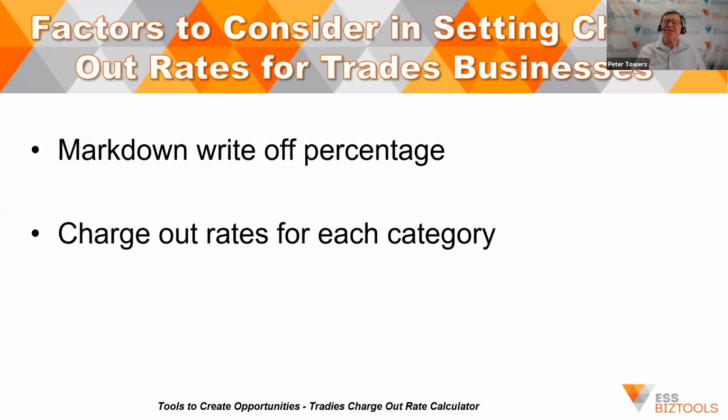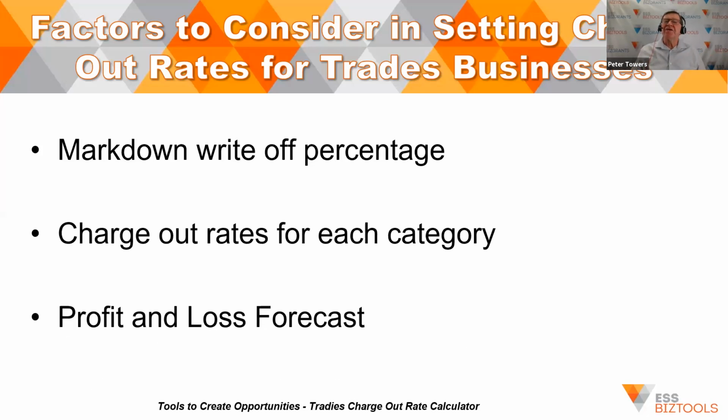And the charge out rates for each category of team member will then be determined by the charge out rate system. And it will then give a profit and loss forecast. I hope there's not too many losses. It will give a profit forecast as to how the business is going to go in the activities. So I'm now going to take you across and share our